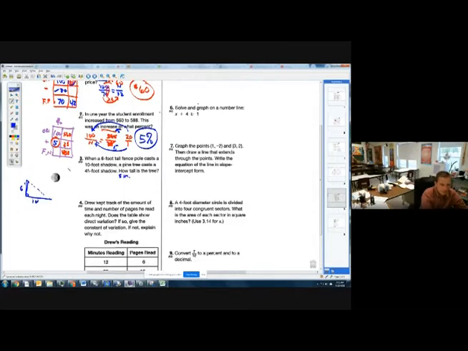A pine tree, here's my tree, blah, blah, blah. Let's give it a little cast a 45-foot shadow. How tall is the tree? So I want this height right here. That's my big question mark. And I don't know the height. So my ratio box here,